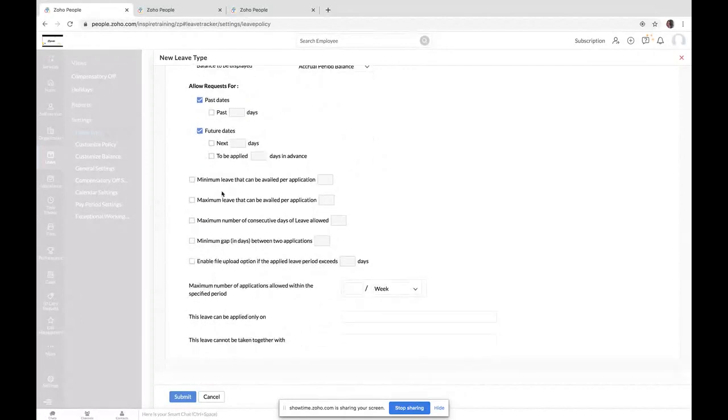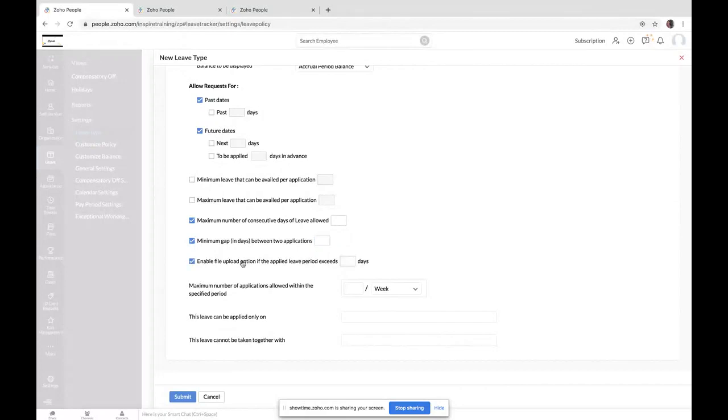Other restrictions such as the minimum and the maximum leave that you can take for a particular application or a particular leave record can be defined here. The maximum number of consecutive days of leaves that are allowed can also be defined. If you need any gap in between the leave applications, you can enable this option and provide the minimum gap that you need in terms of days.